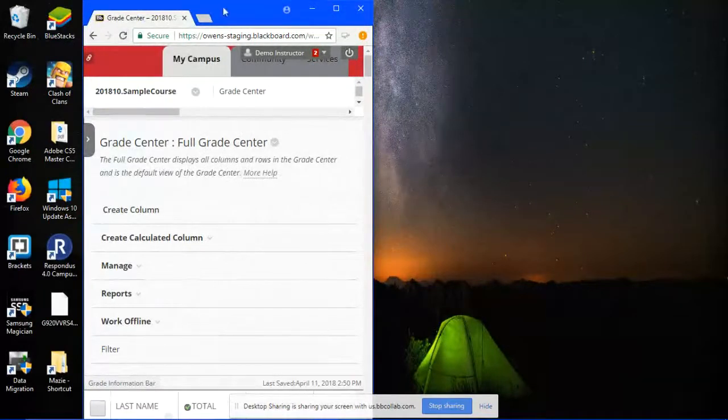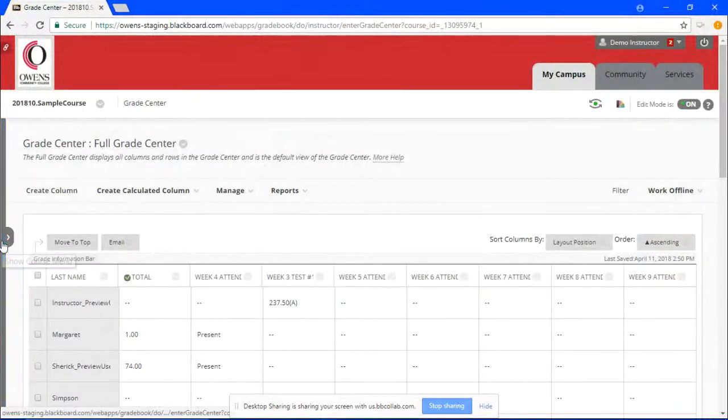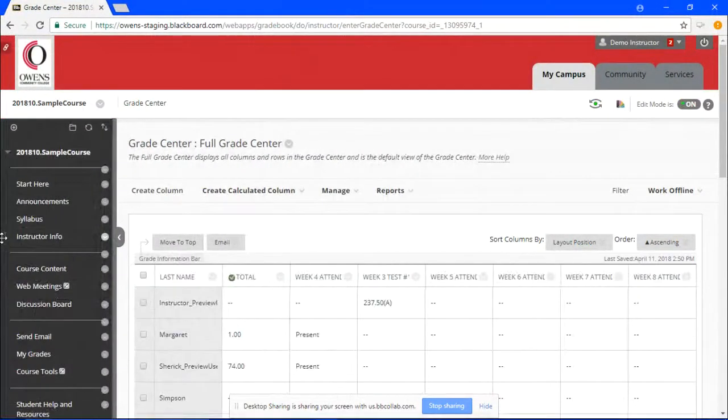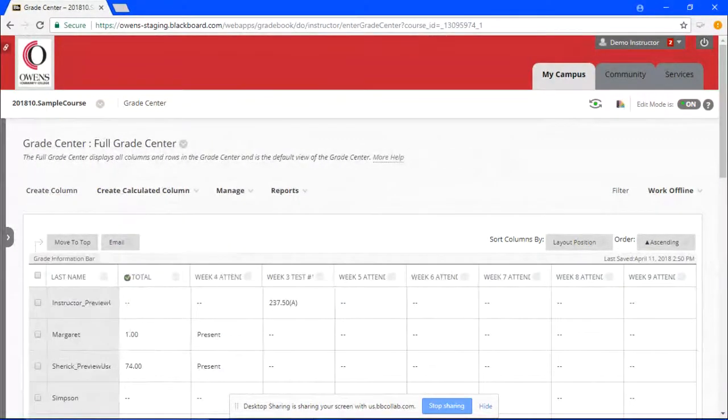I know several of us in here will use mobile devices to access their Blackboard as well as the students, and it actually looks a lot better on mobile devices than our previous version of Blackboard. So if I were to expand this once again, all I would have to do is open my course menu, which students would be able to use their finger and swipe if they have a touch screen, which I'm using my touch screen so you can see it's just a simple touch.